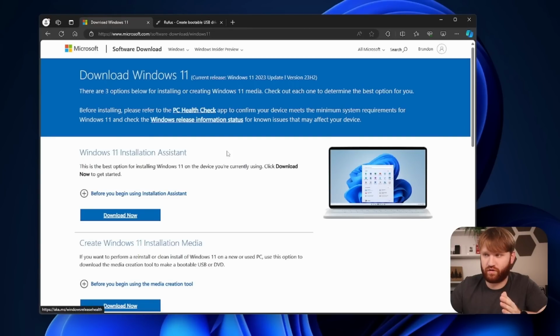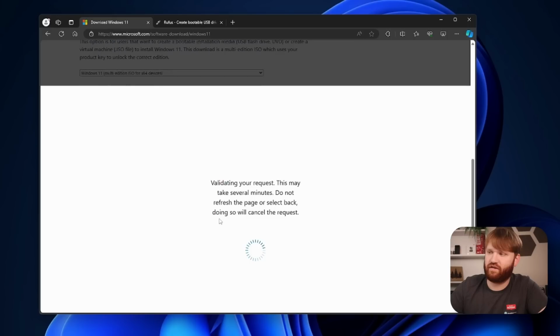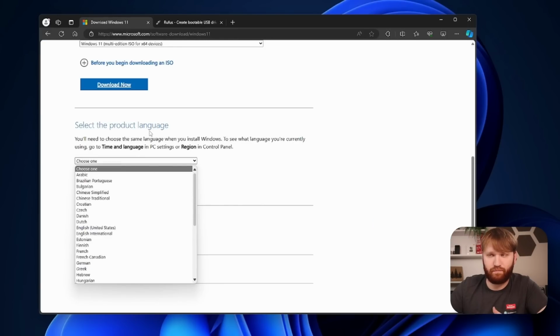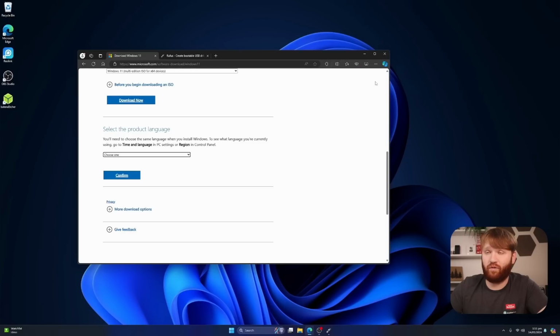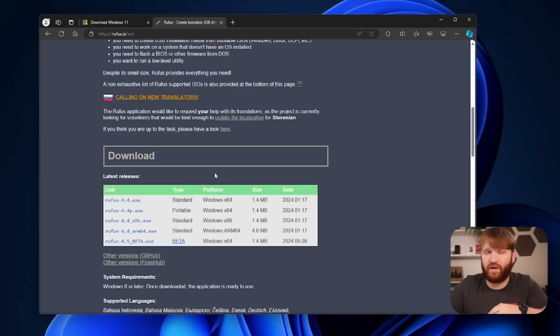First things first, go to the Windows 11 download page. You're going to want to scroll down, click right here, Windows 11, download. And then from there, it's going to give you the language option. Pick your language, hit confirm. It will begin downloading. While it does that, we're going to go ahead and grab Rufus. The reason we're using Rufus over some of the alternatives is they have some fantastic options to make this whole process a little smoother and easier.